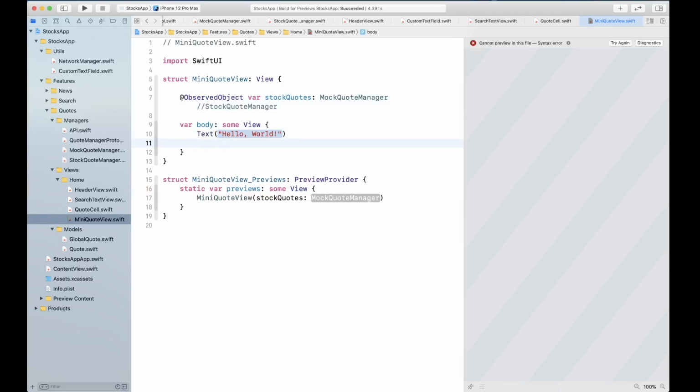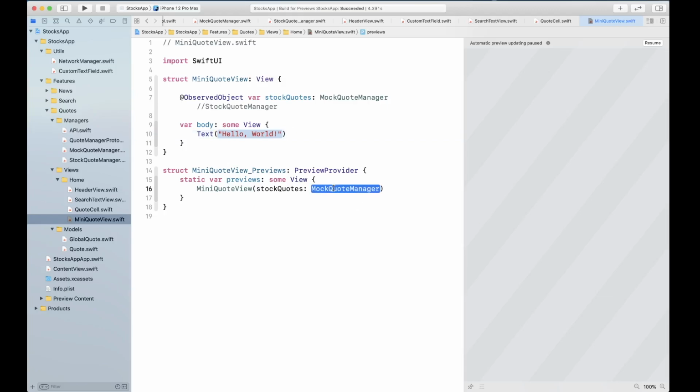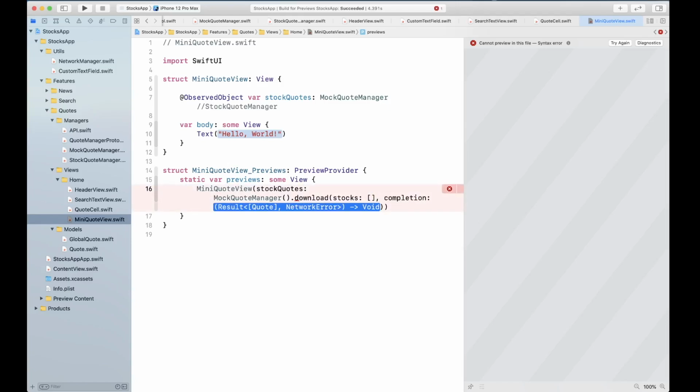So mock quote manager dot download, and we are simply going to provide empty here because this is just a sample. We are not doing anything with the stocks right here.